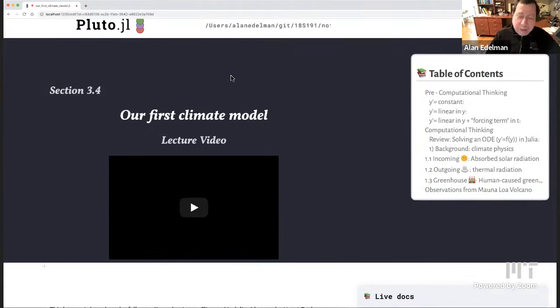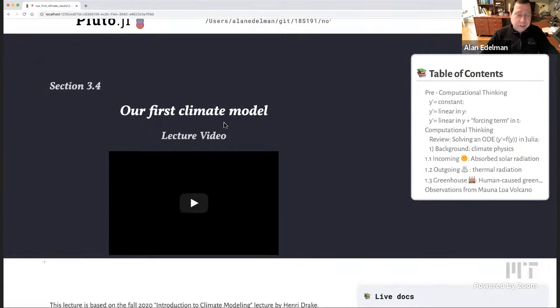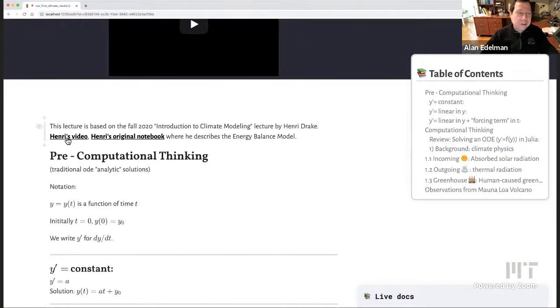And maybe the first thing I can say is that this lecture was inspired by a wonderful lecture by Henri Drake, who's a PhD student over in EAPS, the Earth and Atmosphere Planetary Science Department over at MIT. And I think it's a pretty fun lecture. So let's see. I'm going to do the lecture slightly differently from Henri's. In fact, if you ever want to go and see Henri's original video or the original notebooks, I've put links